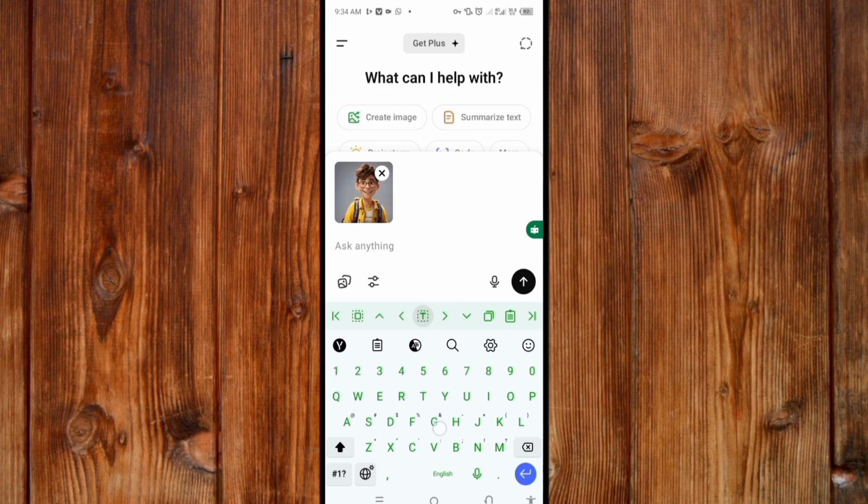Here I'll ask it to generate a 3D, or a 2D. You can ask it anything depending on the character you want to generate. You can describe the character you want it to generate. What I will use here is 3D to show you an example. Now here I'll ask it to generate a 3D